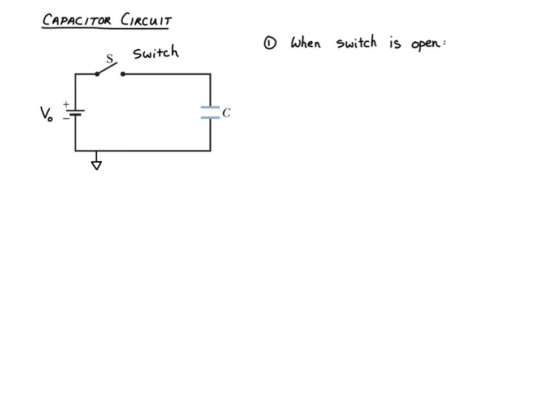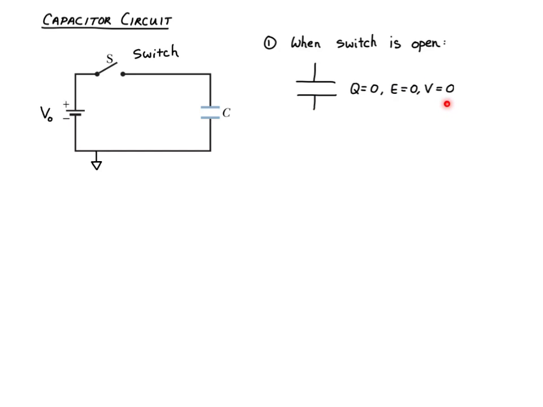So what happens when the switch is open? Well, when the switch is open, no current flows, and there are positive charges and negative charges here. The positive charges want to get away from each other, but they can't cross this gap. There's a gap between plus and minus, so they're stuck there. On the capacitor, there are no charges, so there's going to be no electric field